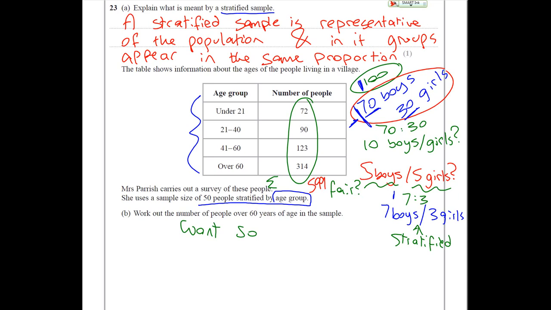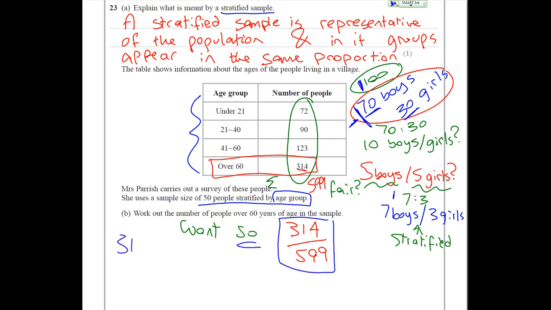So in our real data, we've got 314 out of 599 as a fraction. We want the same fraction out of 50. We can do that by multiplying. So 314 over 599 times by 50 on your calculator gives you